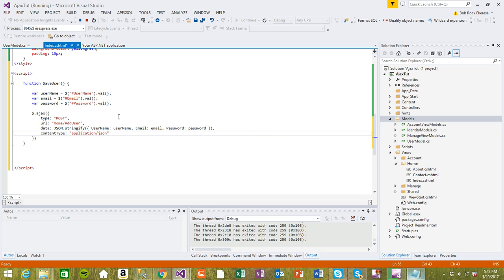It's going to return back to us JSON. So this is going to work perfectly. And then success. So if it is successful,